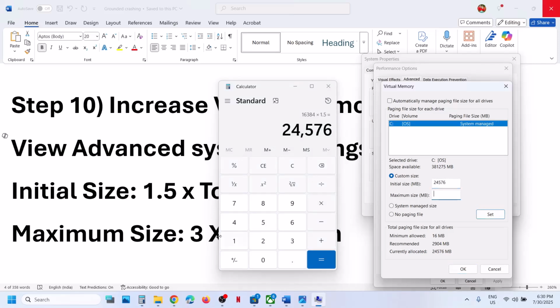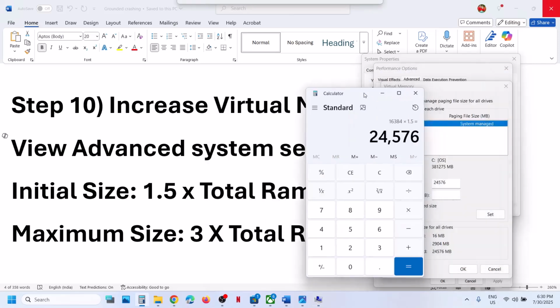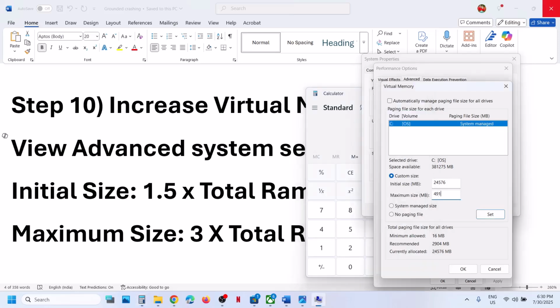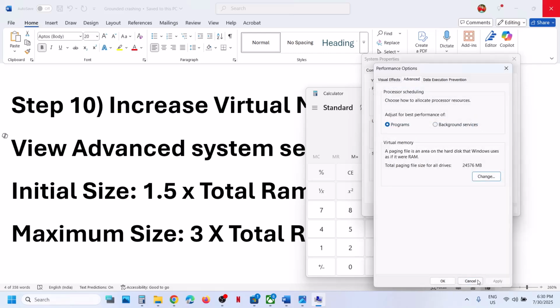And for maximum size, it's 3 multiplied by total RAM. Now total RAM is 16 in my case, multiplied by 1024, this is in megabytes, multiplied by 3, that is 49152. And then click on Set over here, and then click on OK, then Apply, OK,